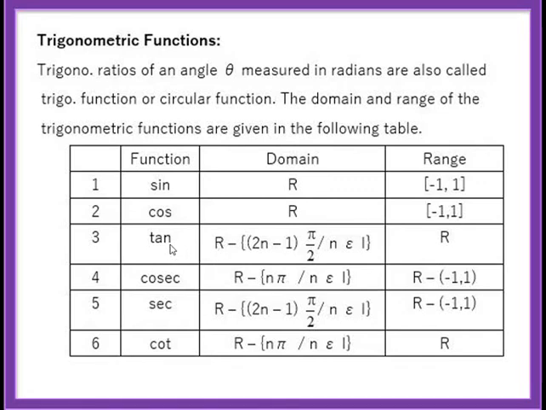Clearly, tan is not defined if cos equal to 0. Now, you know that sine theta is nothing but y and cos theta is nothing but x. So if x is 0, then tangent is not defined. Now x is 0 if a point lies on which axis? Y axis. So for which angles? 90 degrees, minus 90 degrees, then 270 degrees, minus 270 degrees, etc.